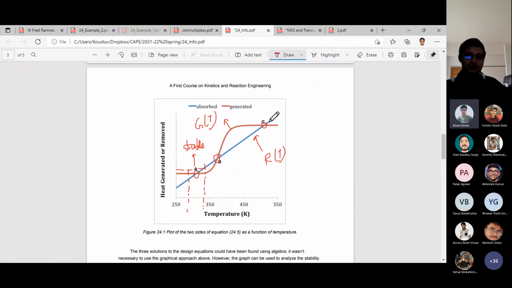Now go back to the C point. Okay, so A point is clear. Go back to the C point. In the C point, if you analyze in the same way, you will again see that heat removal dominates if you increase the temperature. Heat removal means heat will be taken out, so the temperature will drop again back to C. And if you drift to a lower value than this steady state temperature, then heat generation will be more, so it will add some heat, the temperature will increase, and that will again